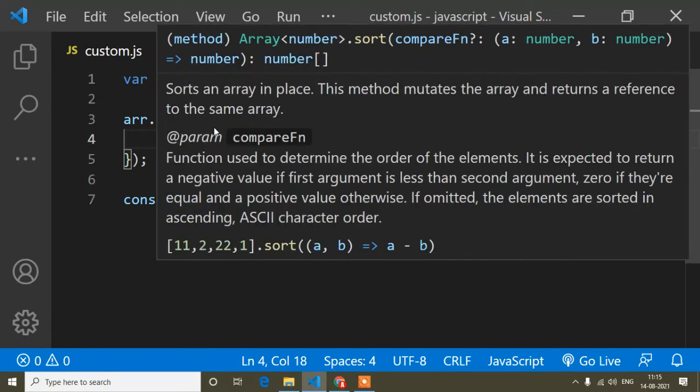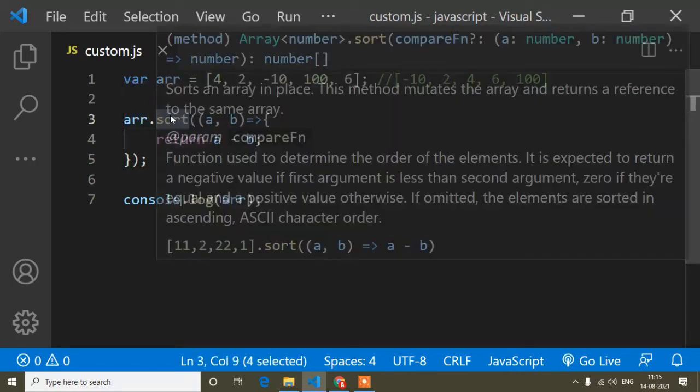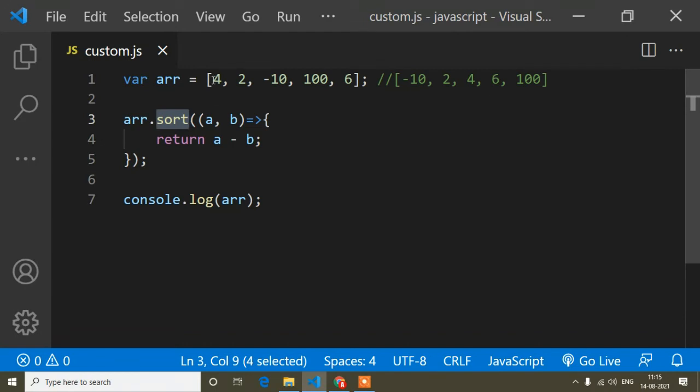So guys, how is it working? A and B, so A takes a value because it's comparing two values. First of all, this array dot sort method is a loop, right? First A denotes 4, and then B denotes 2.